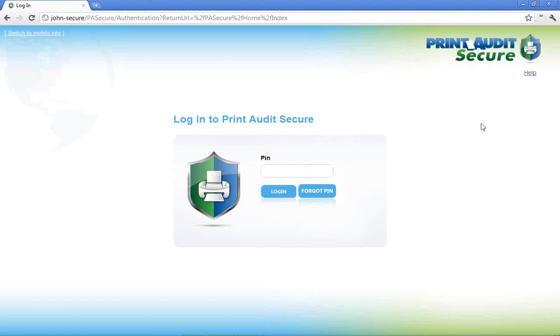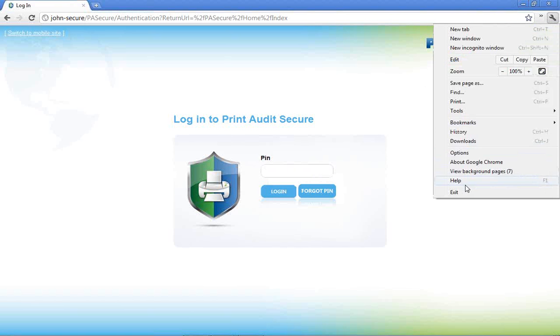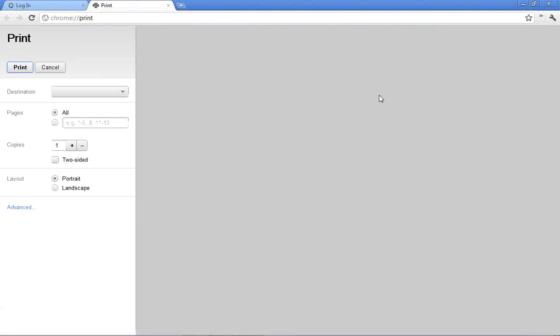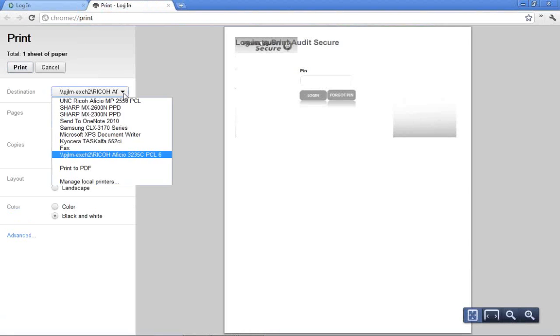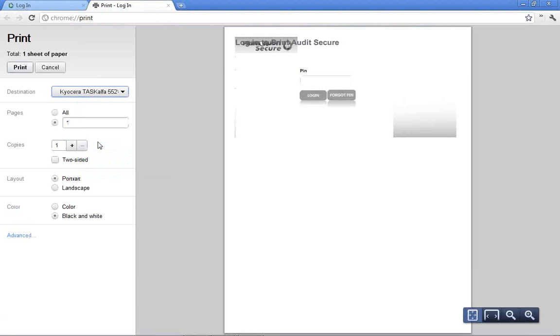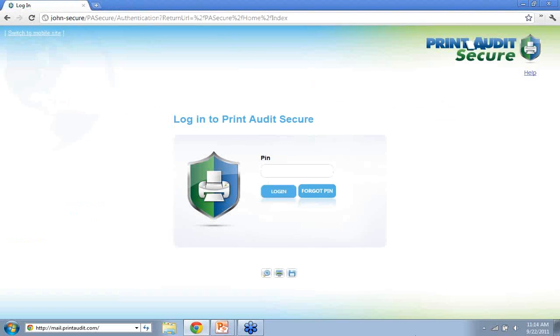Oh, first thing I'm going to do is print a job. Within Google Chrome, click on Print. It'll pull it up. And I'm going to print this to, let's say, this device, which is actually pretty far away from me at Print Audit, and you'll see how the pull print feature works as well. So I'm going to print it, and then you'll see at the bottom of the screen here, the job will spool, and then it pops up with